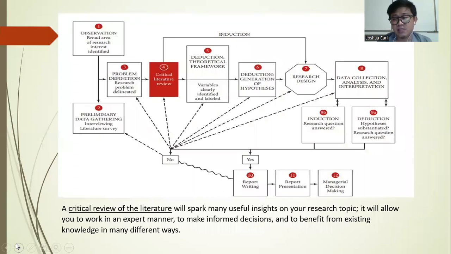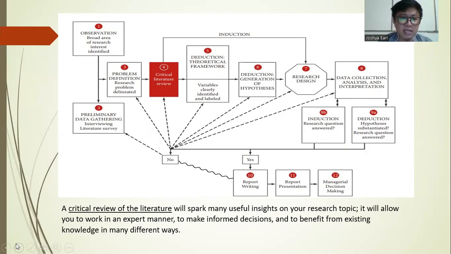In the next slide, you can see a flow of research in which the critical review of literature will spark many useful insights in your research topic. It will allow you to work in an expert manner, to make informed decisions and to benefit from existing knowledge in many different ways.